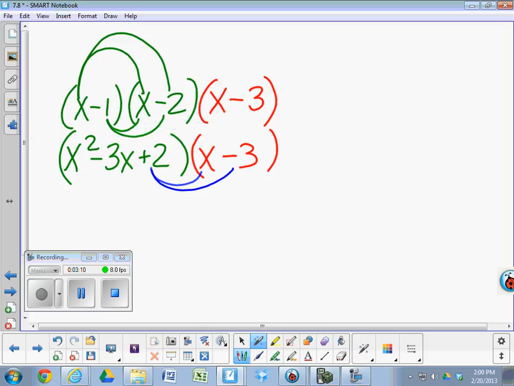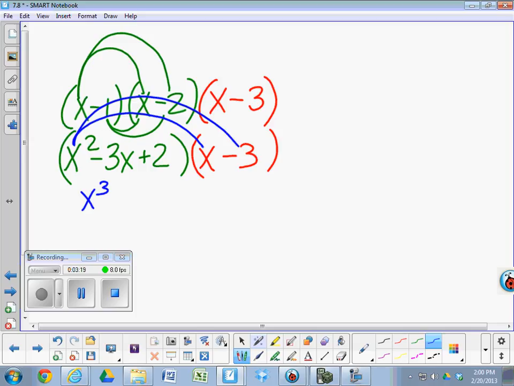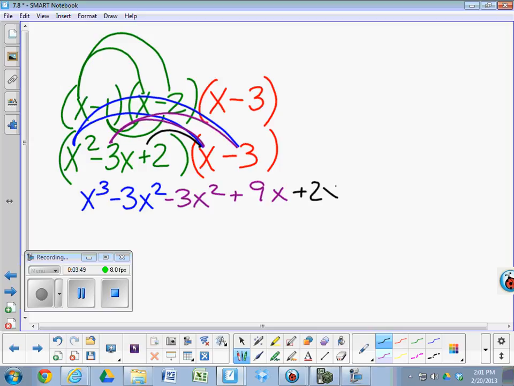Go. x squared times x, x cubed. x squared times negative 3. Negative 3x times x. Negative 3x times negative 3. Again, positive 3 times 3 is 9x. There we go. Finally, 2 times x. And then